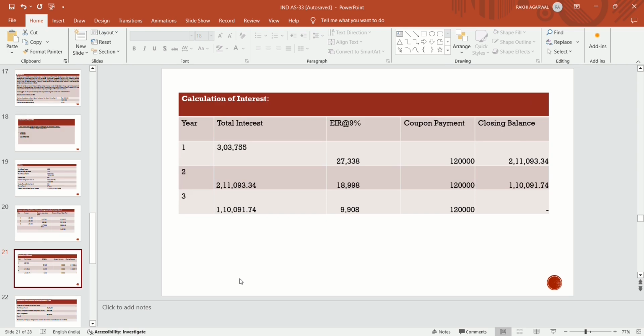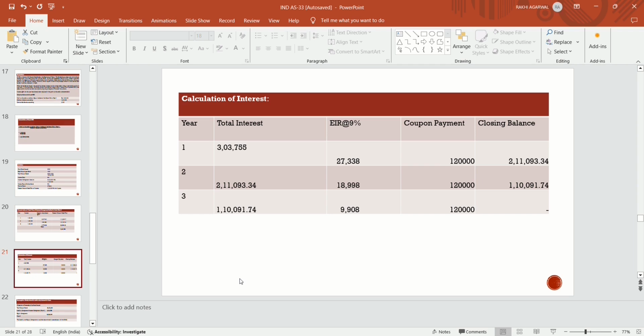The opening balance becomes 3,03,755. Effective interest at the rate of 9%, so 3,03,755 into 9% becomes 27,338. Coupon payment is 1,20,000. So 3,03,755 plus 27,338 minus 1,20,000 becomes 2,11,093.34. Now in year 2,